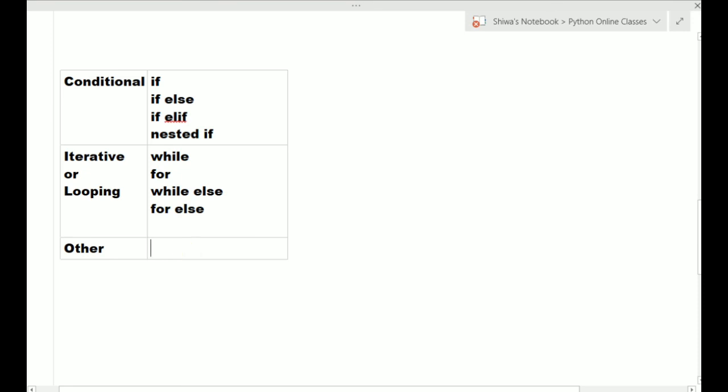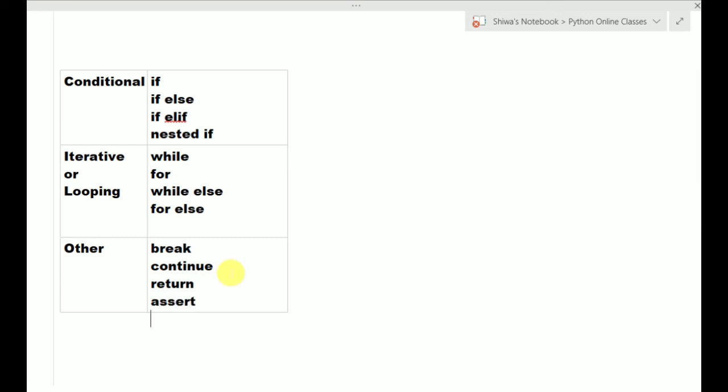Like break, continue, return, assert, and pass. So these are the other control structures provided by Python.